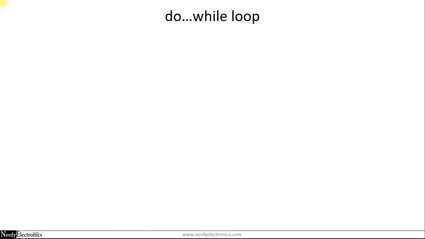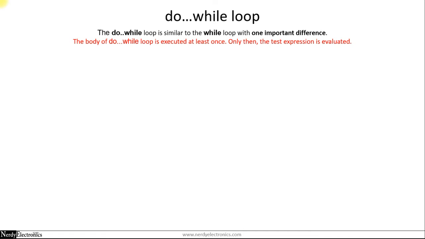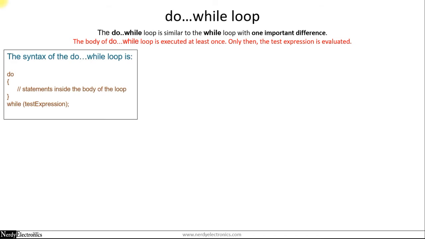The do-while loop is similar to the while loop with just one difference, and that is a very important difference. In while loop, the test expression is executed first, it is evaluated whether it is true or false, and then the loop body is executed. Whereas in do-while loop, the body is first executed and then the expression is tested to be true or false. So compared to while loop, in a do-while loop, the body is executed at least once.